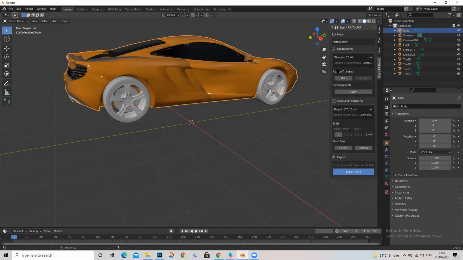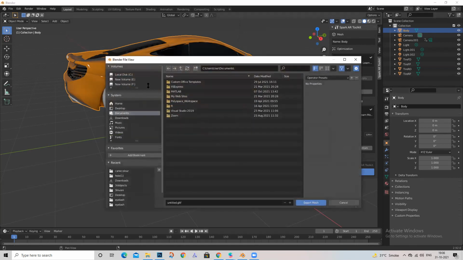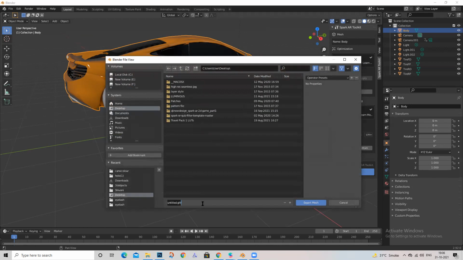So you can see the number of triangles over here. The fewer the triangles, the smaller the size. And once you export it into SparkAR, you can see the overall size. Here there are 25.4K triangles. So if I do this,